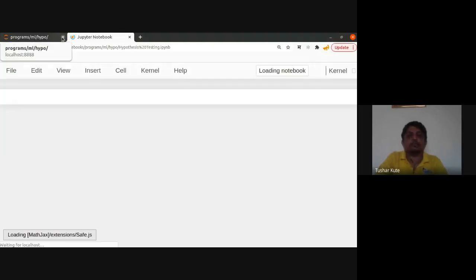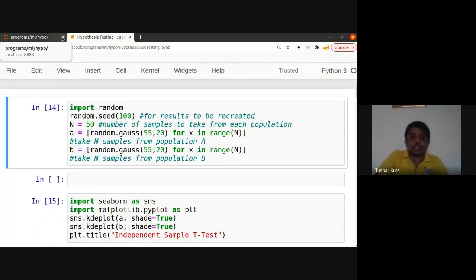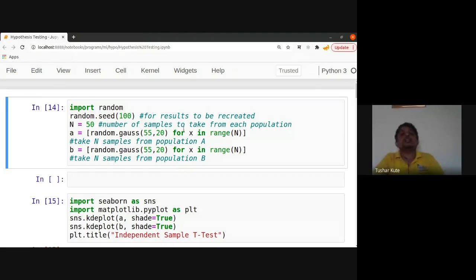It's hypothesis testing. So similar function I've used. I'll be showing you the normal distribution by using a KDE plot. Here I'm taking some n number of samples, and by using random Gaussian distribution data, I'm generating it. Okay, total 55 elements. From the range, I'm taking one by one. So similar generation of Gaussian distribution. The gauss function is used to generate the data in Gaussian distribution format. Not exactly a bell curve, but somewhat normally distributed data is generated.